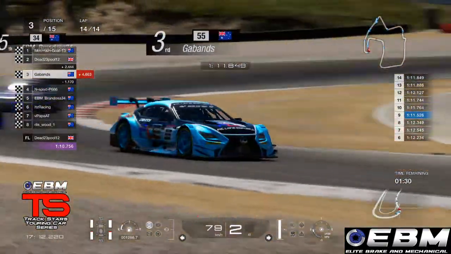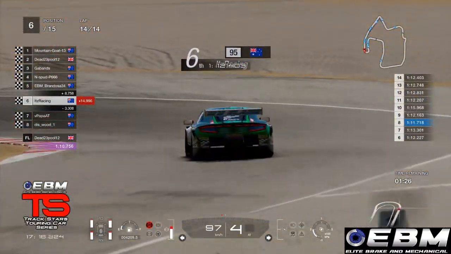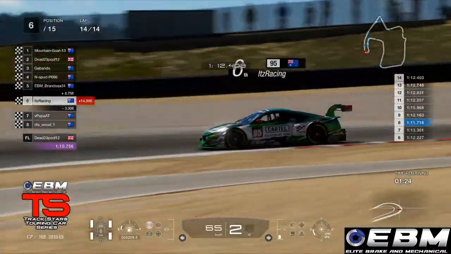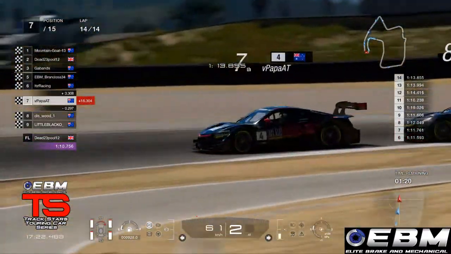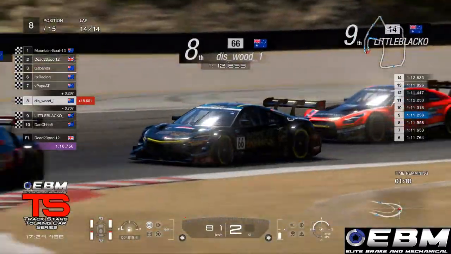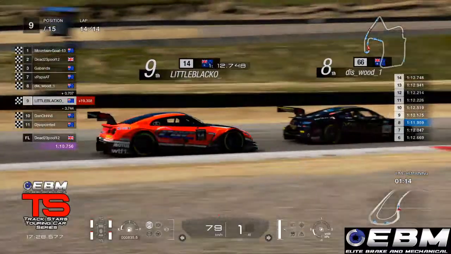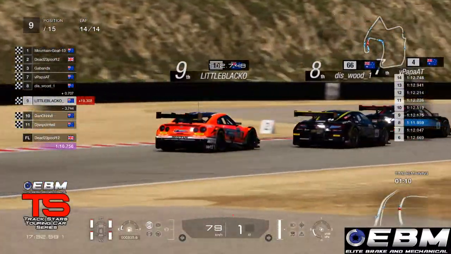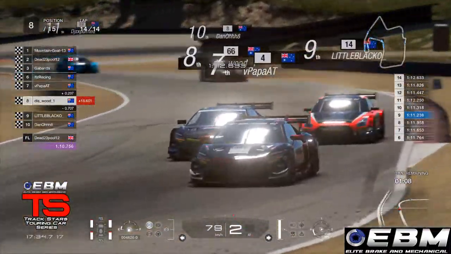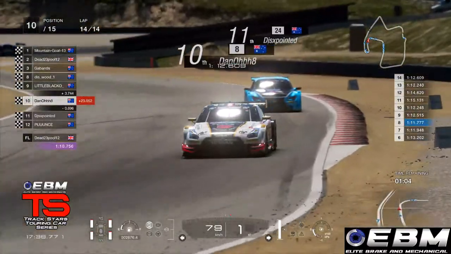in the race. Gabans in 3rd place ahead of Spud and Brandosa. He'll be happy with 5th place in that one. It's Racing takes 6th place. Papa AT eventually got 7th place, ahead of Diswood and Little Blacko. Looks like he maybe had a slight error on the final lap, Papa, because he was much closer to the back of It's Racing. Dan 08 rounding out the top 10 for Shaden,